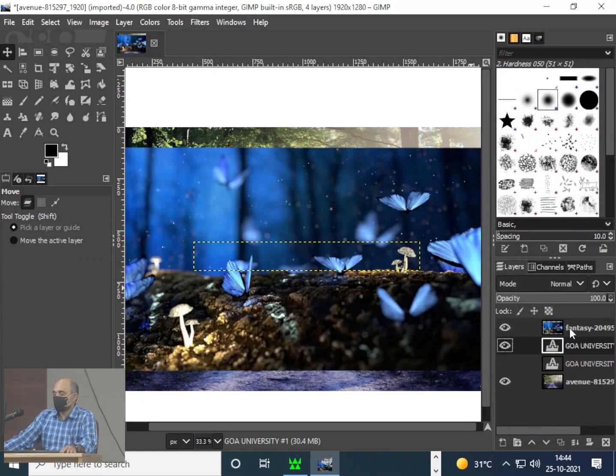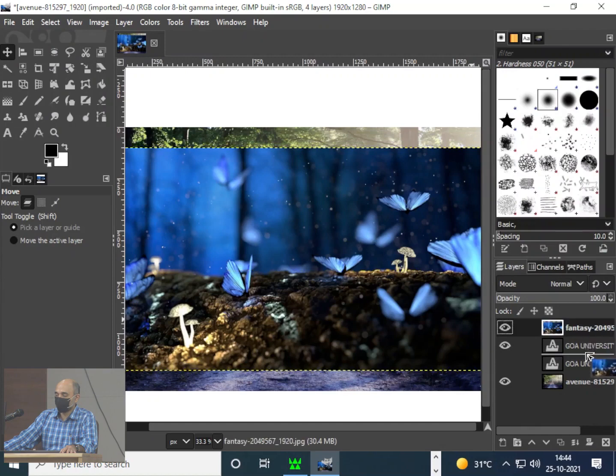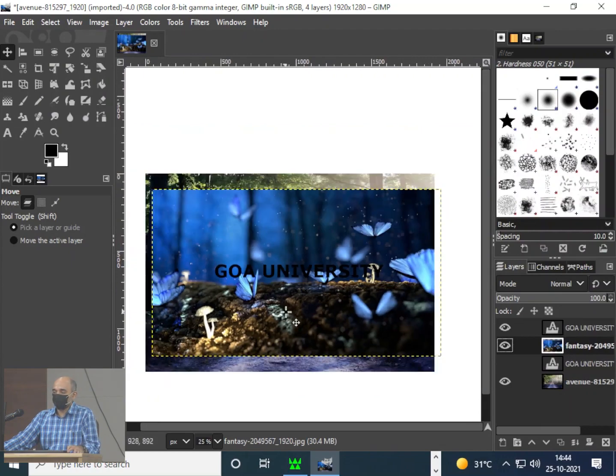Okay, so now I've got this layer above Goa University. So I just pull it down. Layers can be moved directly. You just click on the layer and pull it down. So now we have one image, which is the background image. Then there is a second image which I want on the text, and the text on top, right? Do not look at one more layer which I have hidden. I have just kept it for some other reason. Got this till here?